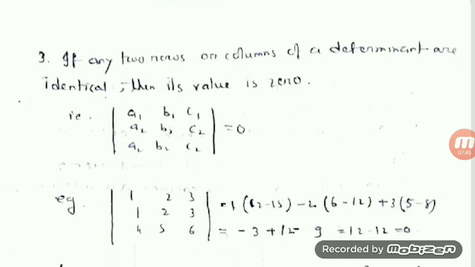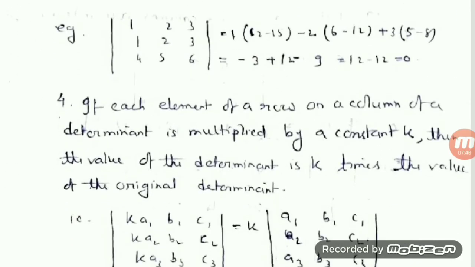Okay. Now let us verify it. I have taken a 3 by 3 example. First row is suppose 1, 2, 3. Second row is also 1, 2, 3. Third row 4, 5, 6. Let us evaluate it. First you write down in terms of the first row, I have expanded. So 1, delete the first row and first column. 3 2s are 6, minus 15. Then minus 2. Delete first row, second column, 6 minus 12. Third element is plus 3. Delete first row, third column. What is left? 5 1s are 5, minus 8.